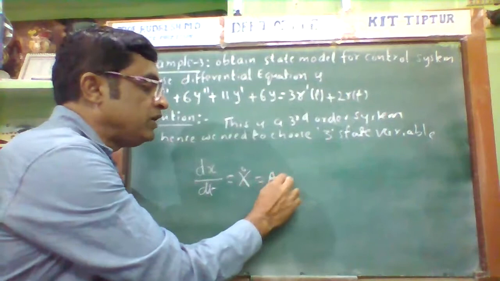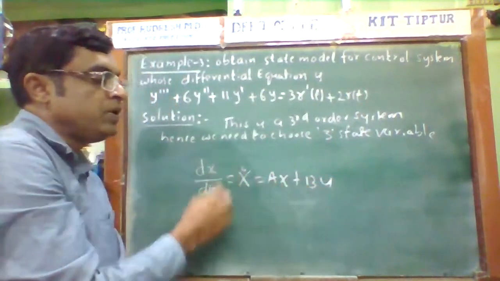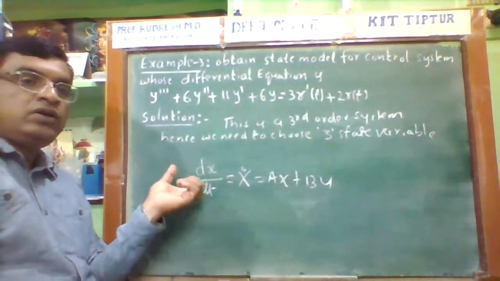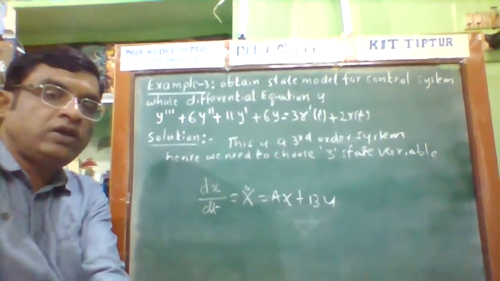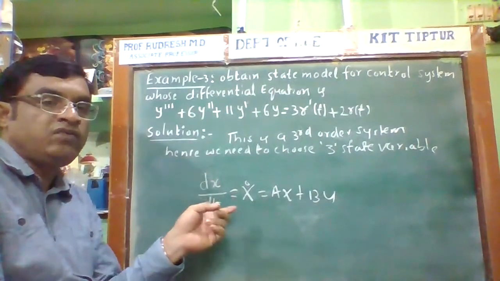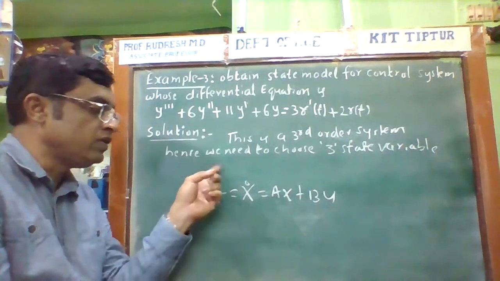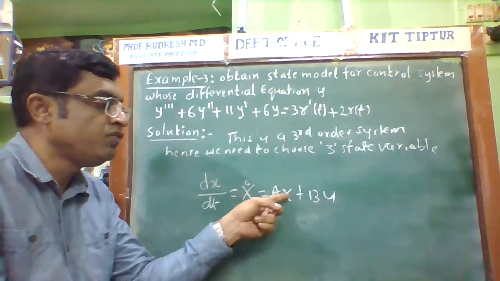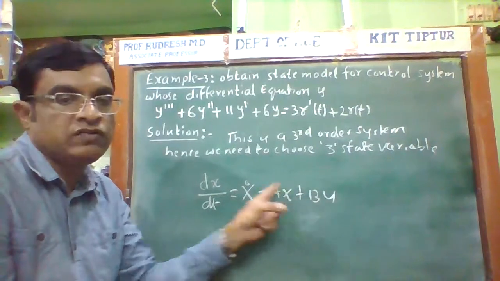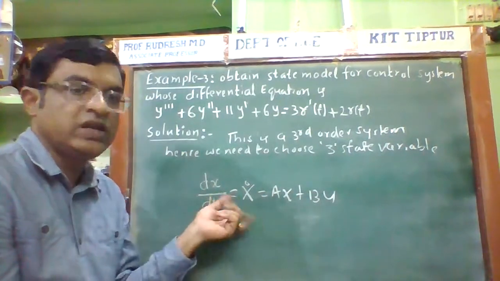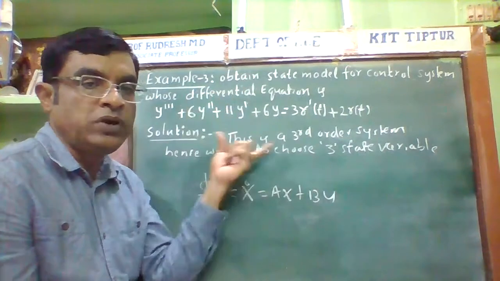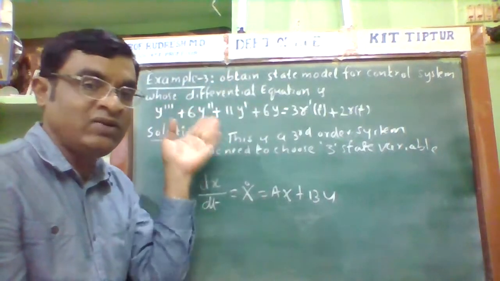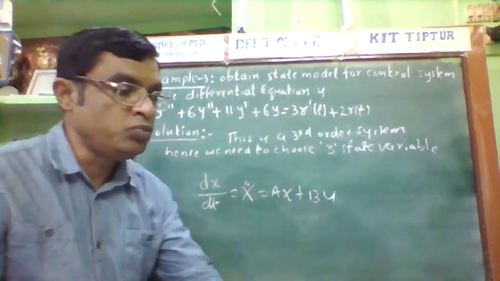Now this is equal to Ax plus Bu. A is a matrix, x is a vector, u is a vector; this is the state vector. The state equation is a linear combination of the state vector and the input vector. So the first derivative of the state variable is equal to the linear combination of the state variable and the input vector, and this is called the state equation. Writing the state equation and also the output equation is called the state model of the system. Obtaining the state model means we need to write down the state equation and output equation.